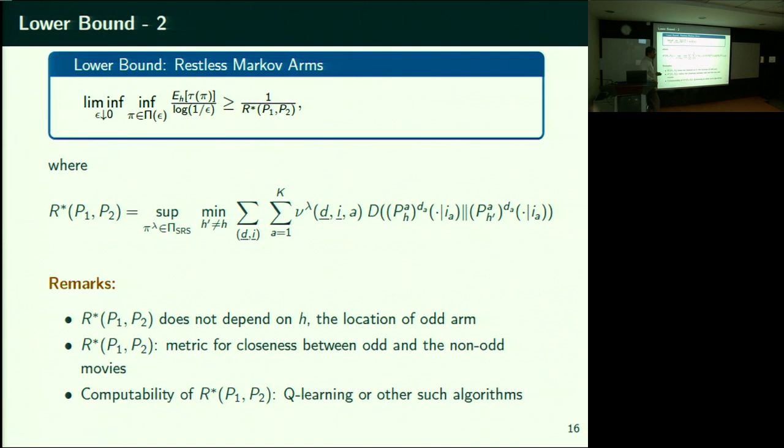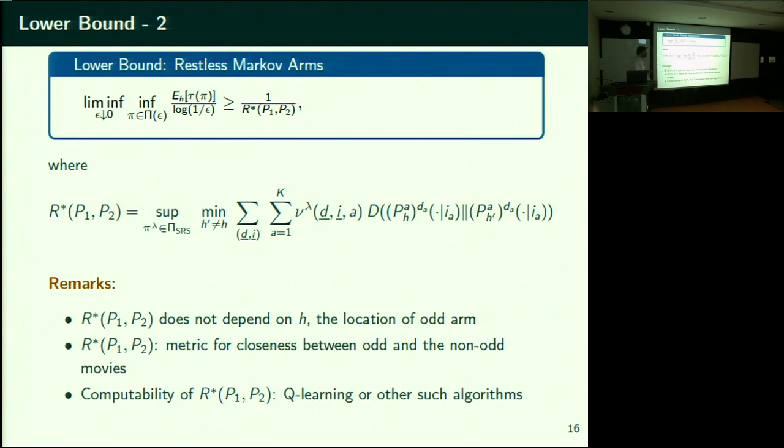But does your lower bound restrict attention to that? Yes, it restricts attention only to SRS policies, that is, policies which sample according to lambda. Pi lambda is a tremble. Pi lambda is according to lambda. You intend to select according to lambda. Lambda is an SRS policy. So I write pi lambda just to write that lambda as a policy pi.